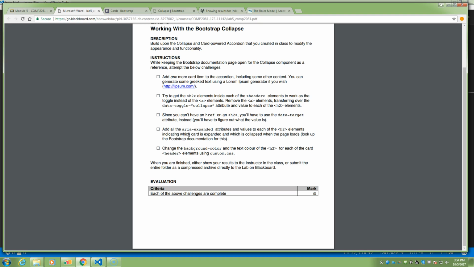Then I want you to change the background color and the text color of the H2 for each of the card header elements using your custom CSS. So you can wrangle that and make it interesting. Maybe make each of those headers a different color, right? Using the nth child or do something creative. Have fun. Cool. So out of 5 marks,